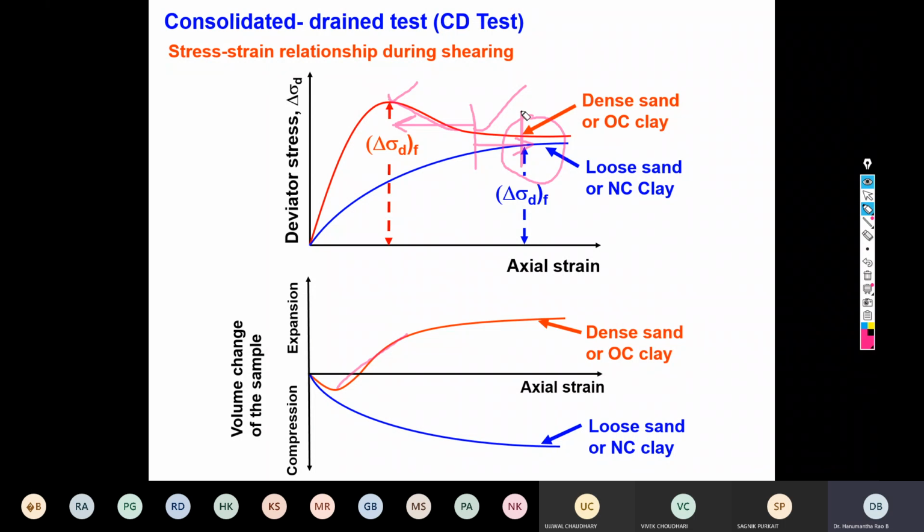Now there is an altogether different soil mechanics, that is critical state soil mechanics. The entire critical state soil mechanics talks about what is happening to the soil at this condition. So this is the reason, as I explained. Because of the rolling over of the particles and rearrangement, they will show a continuous decrease in volume, followed by an increase in volume.